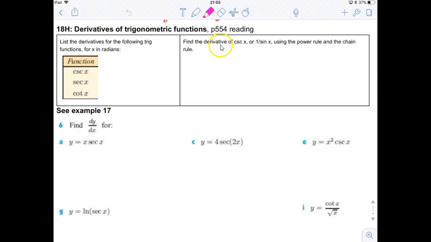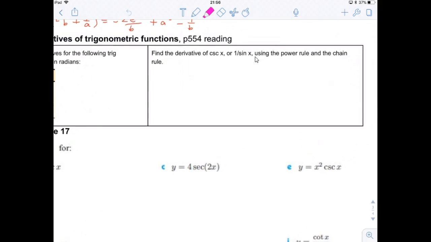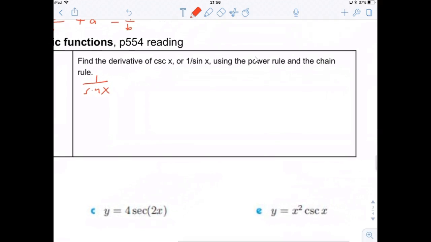So actually, if you are going to take the derivative of cosecant, which is 1 over sine, basically what you're going to do is just chain rule and power rule. So let's try that, okay? We're going to start with 1 over sine x, and then take the derivative of it. 1 over sine x is like u to the negative 1, right? Something to the negative 1. So we could just take the derivative of that by